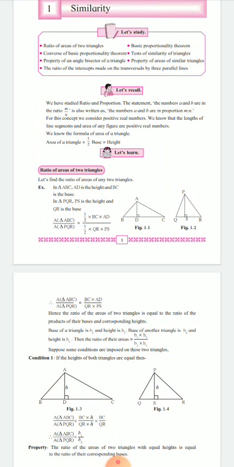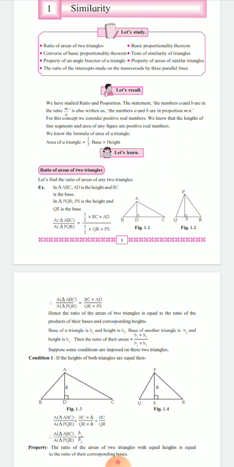Now let us say I will assume the base of a triangle is B1. For the first triangle I will consider BC as base B1 and height AD as H1. Now for the second triangle I will consider base as B2, that is QR equals B2, and height PS as H2. Now I'm considering these values and revising the previous expression: area of triangle ABC upon area of triangle PQR equals B1 into H1 upon B2 into H2, isn't it? So we can write it in this way.